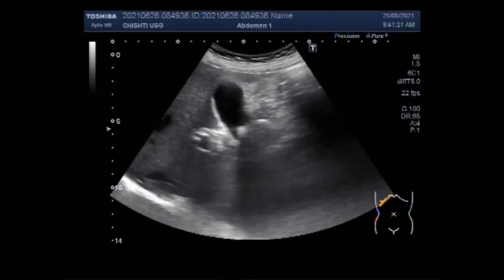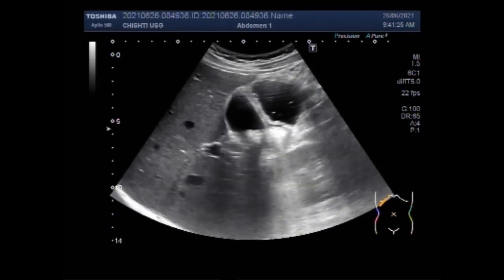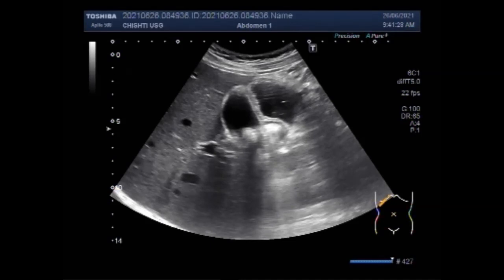Hydronephrosis is not a disease, but it can be caused by a number of conditions which affect the kidney and the urinary tract. If left untreated, the pressure of the buildup of urine, which normally flows easily through the urinary tract, may cause pain, swelling, and permanent damage to the kidneys.